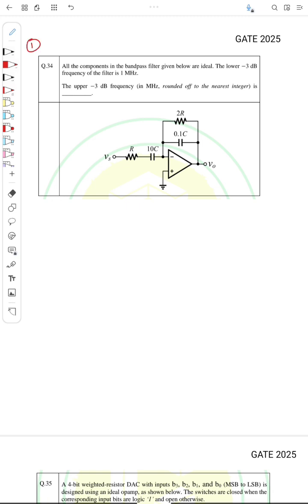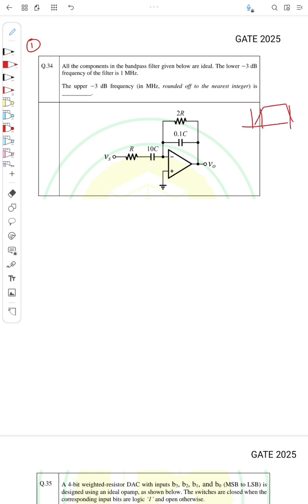So the question is, all the components in the band pass filter given below are ideal. The lower minus 3 dB frequency of the filter is 1 megahertz. Okay, the upper minus 3 dB frequency in megahertz is dash. Okay, so given this is a band pass filter, so since it's a band pass filter,